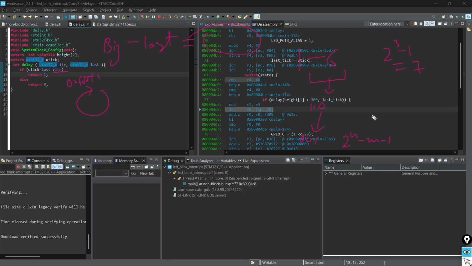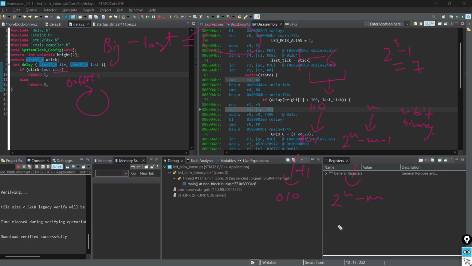M is your number which you are converting to diminished radix, which is n-bit binary. Now you add 1, which changes it into radix complement, 2 to the power n minus m. I'm taking the general case on the right side and the specific case on the left side.